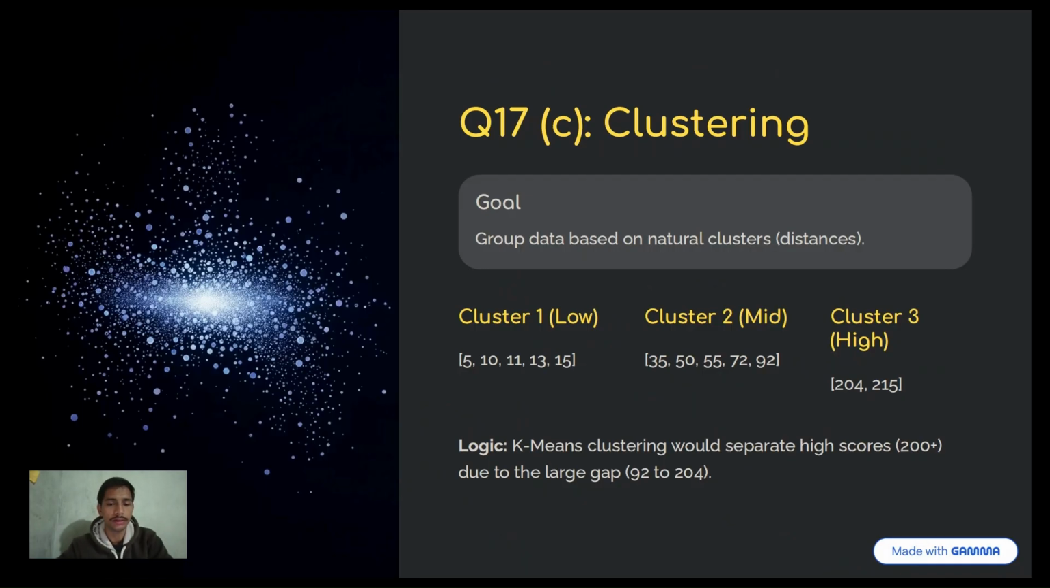The third one, clustering. The third method is clustering. This partitions data based on natural mathematical distances. The K-means algorithm would separate the data into cluster 1, low, 5 to 15; cluster 2, mid, 35 to 92; and cluster 3, high, 204 to 250. This happens because there is a massive jump from 92 to 204, and the clustering algorithm detects that as a natural boundary. Moving on to the next question,